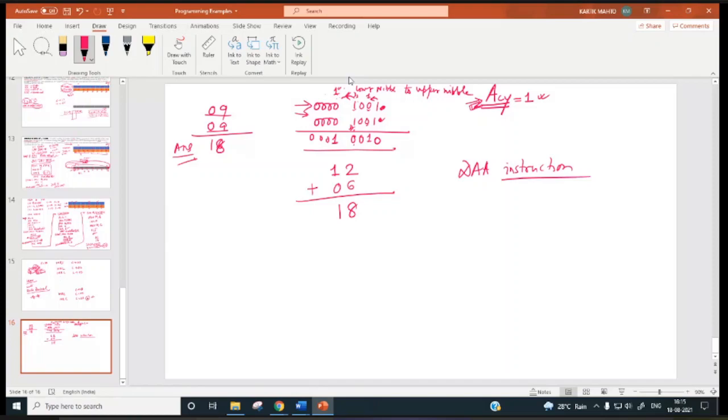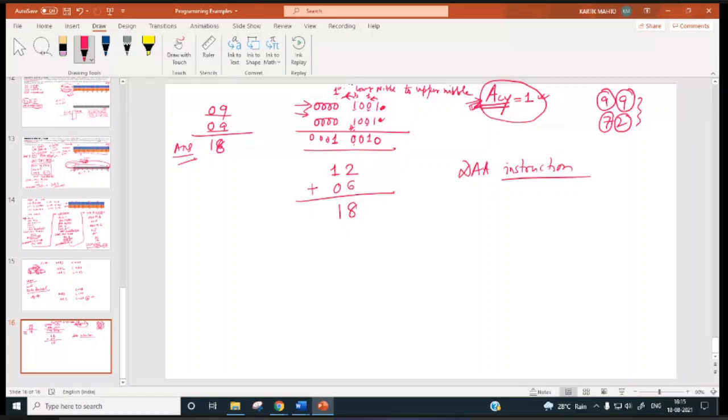Yes, sir. So whenever we do the addition of BCD numbers, each nibble has to be less than A. All nibbles of BCD bytes have to be less than A, then only those are BCD bytes.